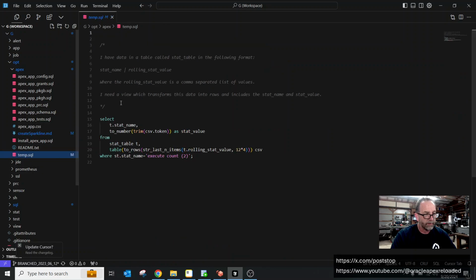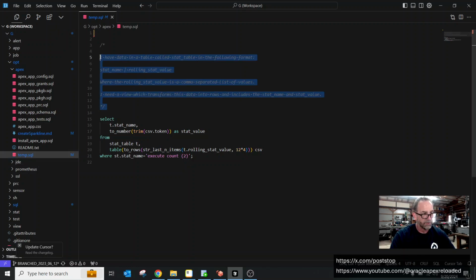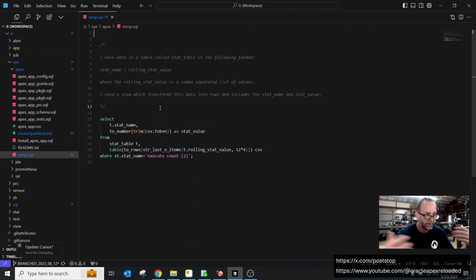A lot of times what I'm doing, I'm creating a temp file. I keep a temp file now in a lot of these because I just go into the temp file and put some instructions in, and then I just highlight it and say, hey, could you create this for me? And it starts doing that with all my requirements. So I just basically said, hey, I want a function that creates sparkline charts, and I want it to get called and generate some sparklines. And then I said, I don't like the way it looks, and this and that. And ultimately, what I came up with was